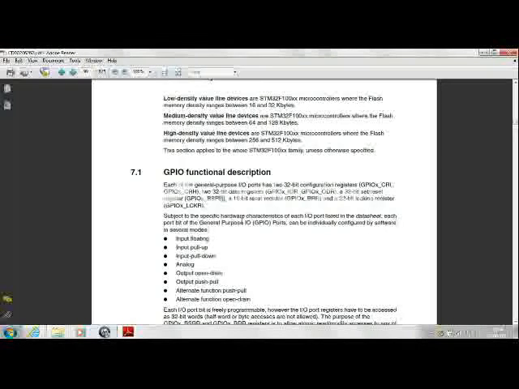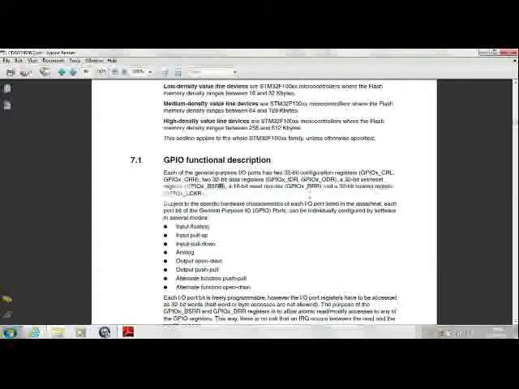This implies that you have only 16 bits per port which you can output, even though it's a 32-bit microcontroller. Next you have a 16-bit reset register, called the bit reset register, and a 32-bit locking register, which is used to lock the configurations of your port once you have decided on it, if you don't want another program to change its value. There's a locking sequence, we'll come to it a little later.